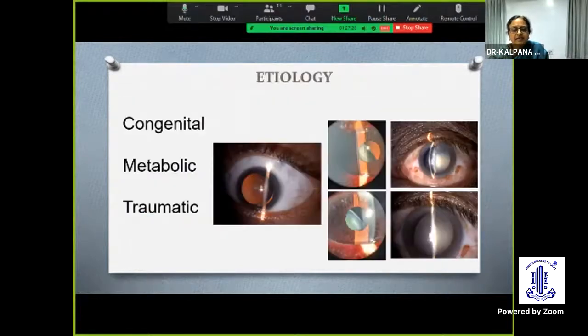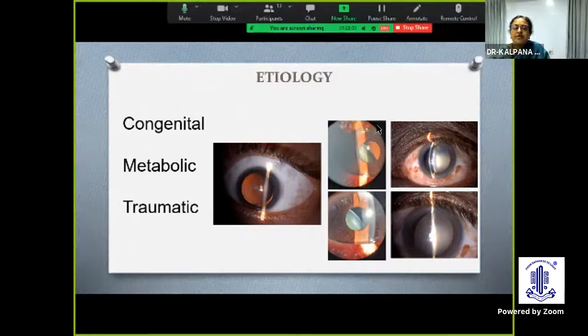And etiology, there are varied etiologies. Some of these kids can present with congenital ectopia lentis, where there is subluxation of the lens. Sometimes it can be a pure subluxation, usually symmetrical and bilateral, but it can also present as another unique condition called ectopia lentis et pupillae, where there is dragging of the pupil to one side and the lens to the other side. It is very rare, but we have still seen patients who have resistance to dilatation, and there are also some transillumination defects in the iris with atrophy.